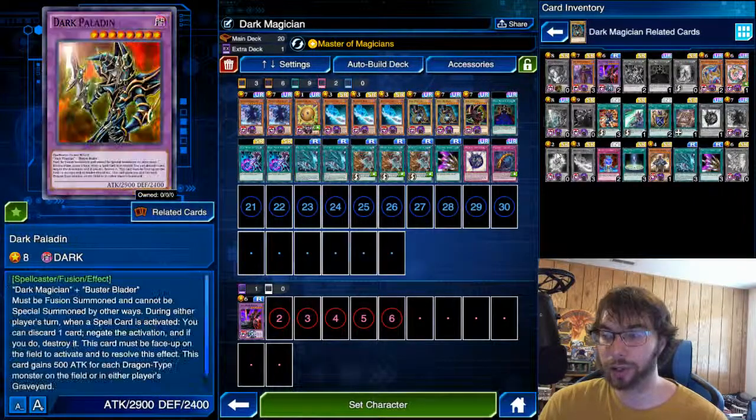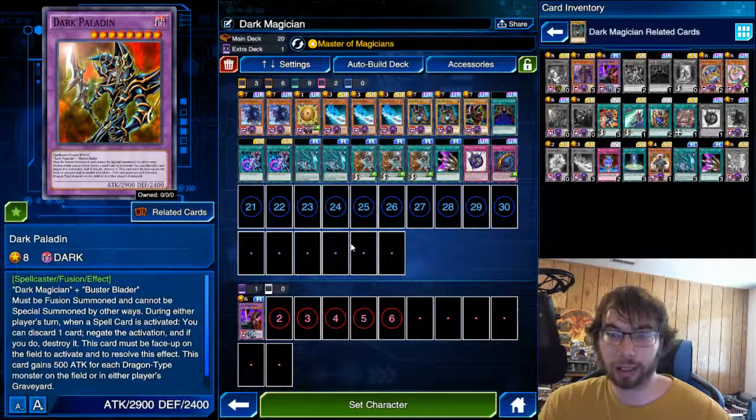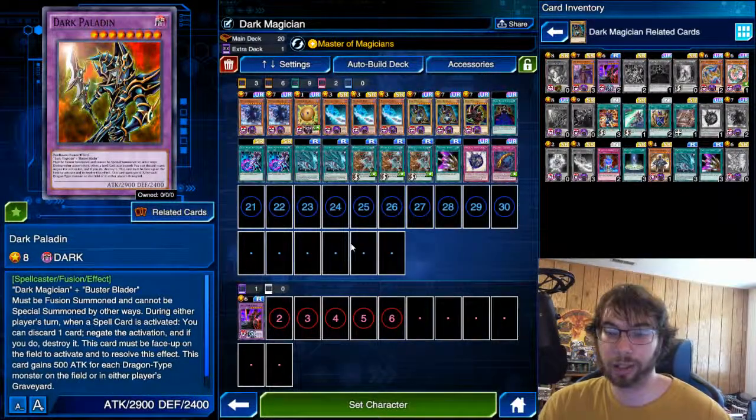And then another card that we will also be able to summon is Dark Paladin. Dark Paladin requires Dark Magician and Buster Blader, and it's a pretty nice card as well. 2,900 attack again, which is a nice, good attack point range, and can be boosted for each Dragon type monster on the field or in the graveyard. So this will be our out to Blue Eyes decks for the most part,